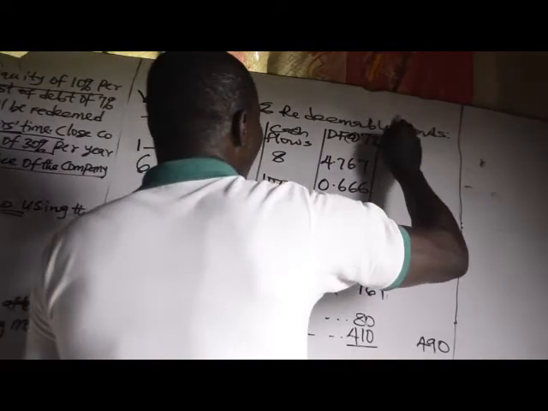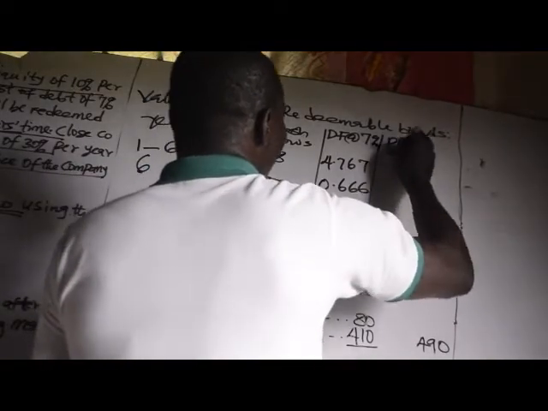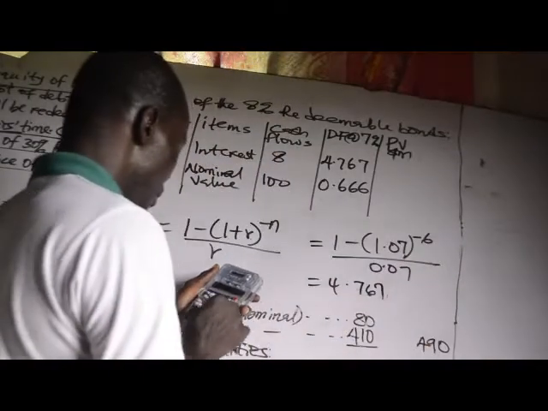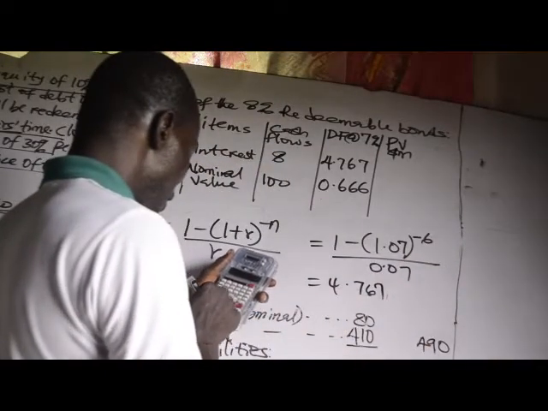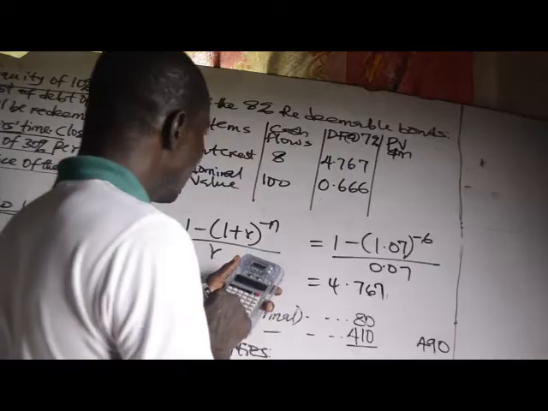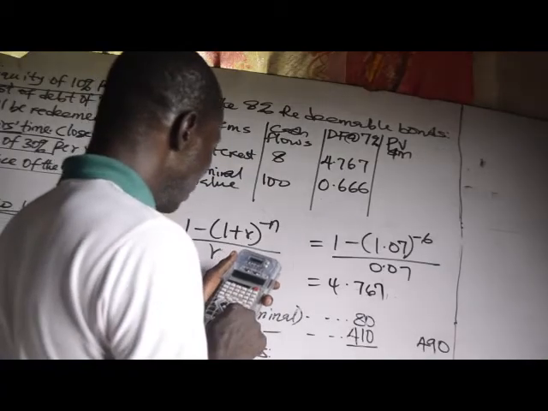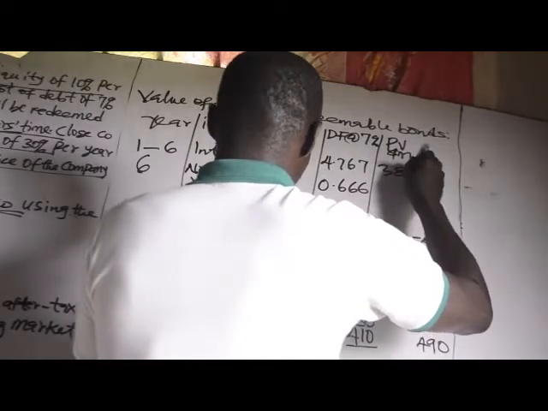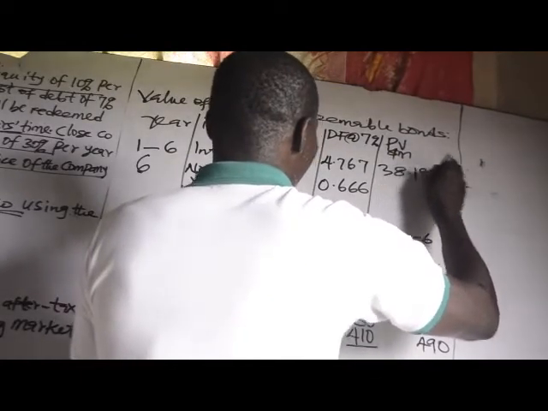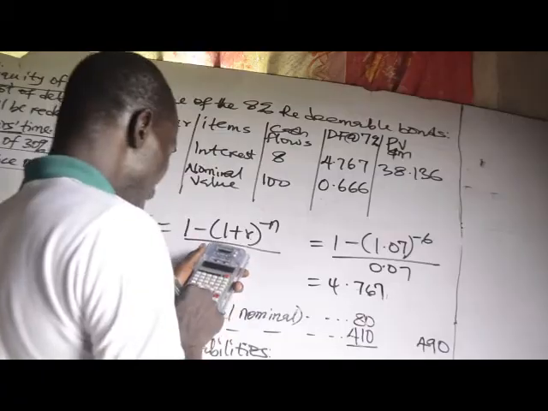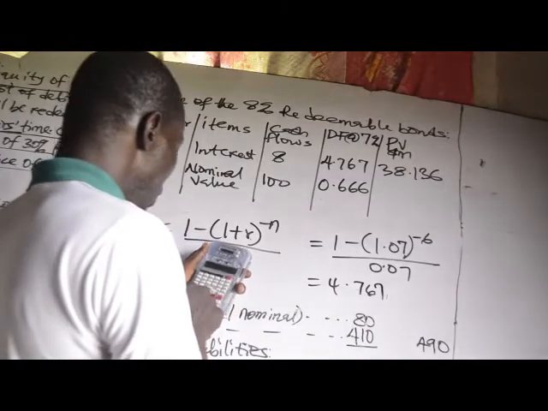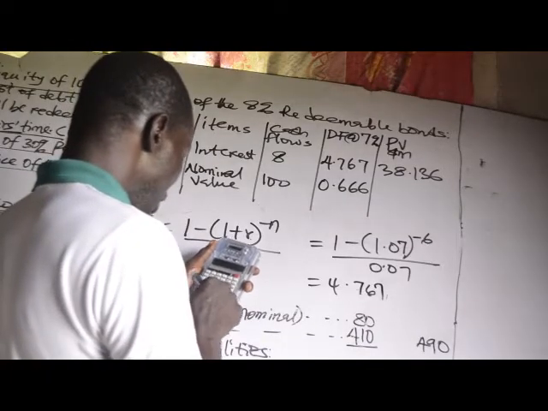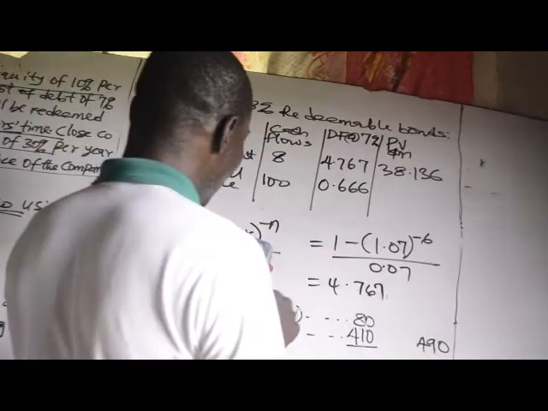What is the present value of that amount in million? 8 times 4.767 gives us 38.136. 100 times 0.666 gives us